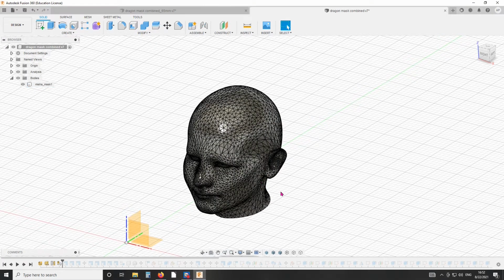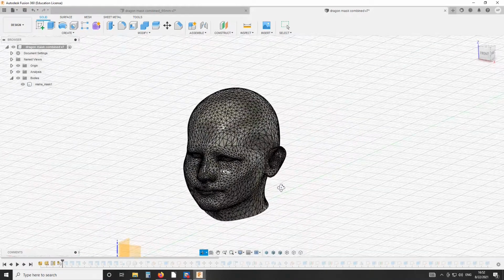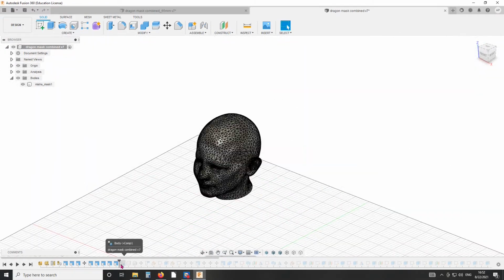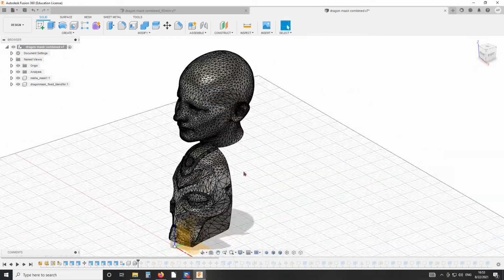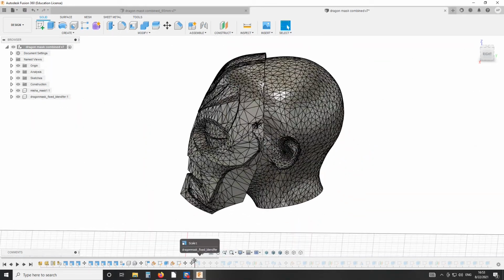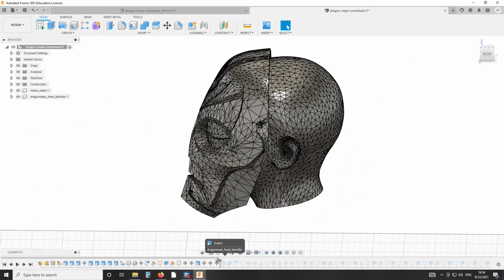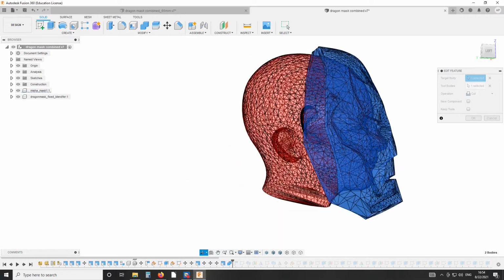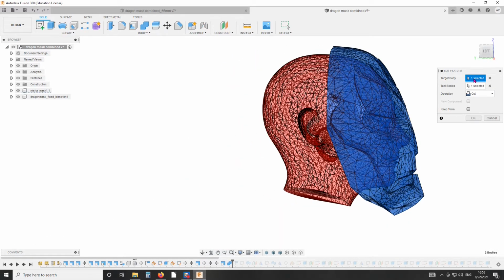Now let's hop back to Fusion. I've already imported the STL file from Blender, repaired it and converted it to a solid body. The next step is to scale the model to the correct size and import our mask model to the same document. Also, I tried to place the mask roughly in place and made some adjustments. Now, when the mask is in place, I've made a combine operation. I select the mask as the target body and the model of the head as the tool body. I'm selecting the cut operation and pressing OK.